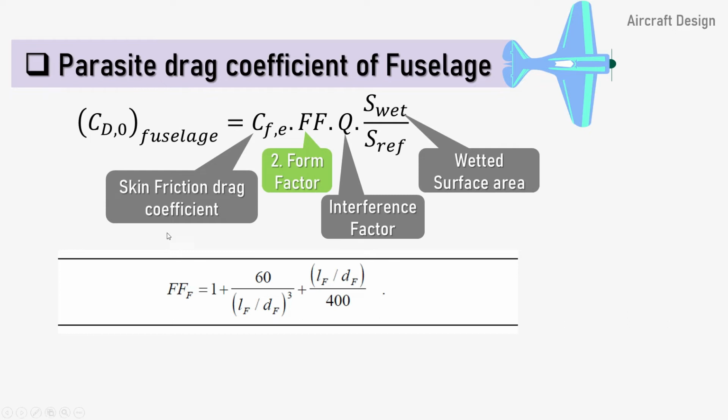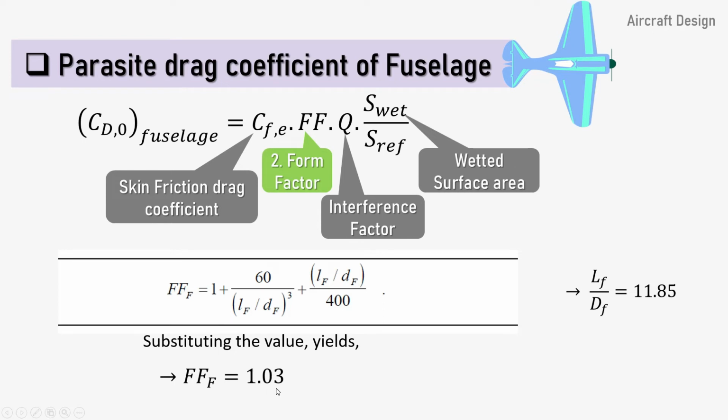This is irrespective of any speed and for any sweep angle or any type of fuselage. This formula is suitable for any sort of fuselage. So here what you need to know is your fineness ratio. When I was discussing the fuselage design, I gave importance to the fineness or slender ratio of a fuselage body. In my design, the fineness ratio is about 11.85. Now substituting back in this formula, I got my form factor about 1.029, approximately 1.03.